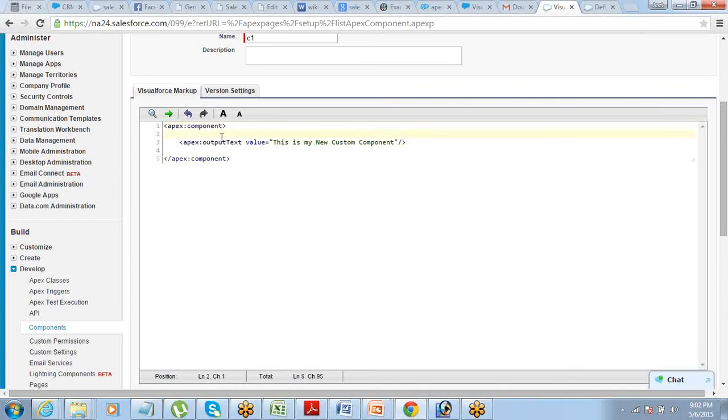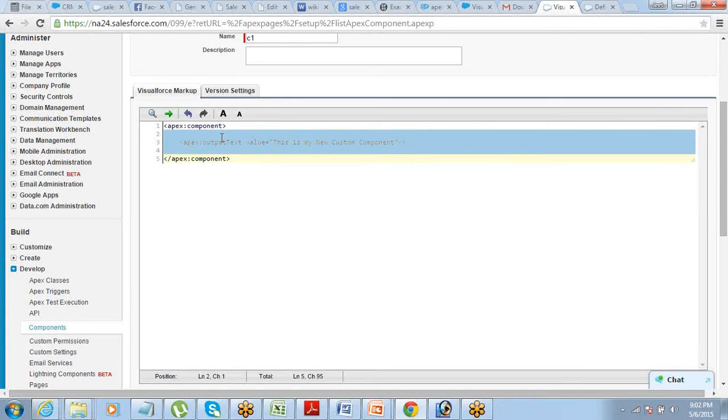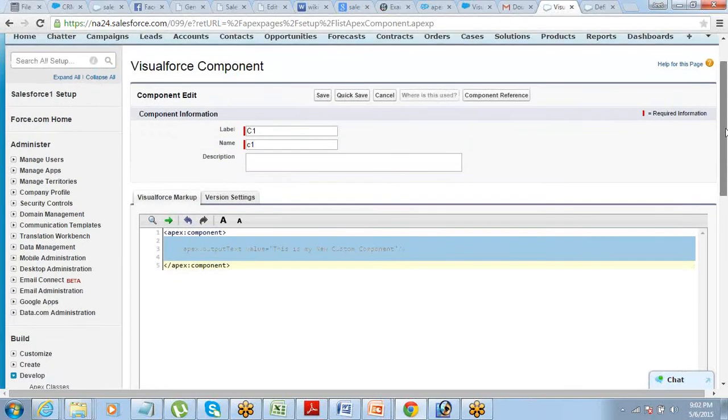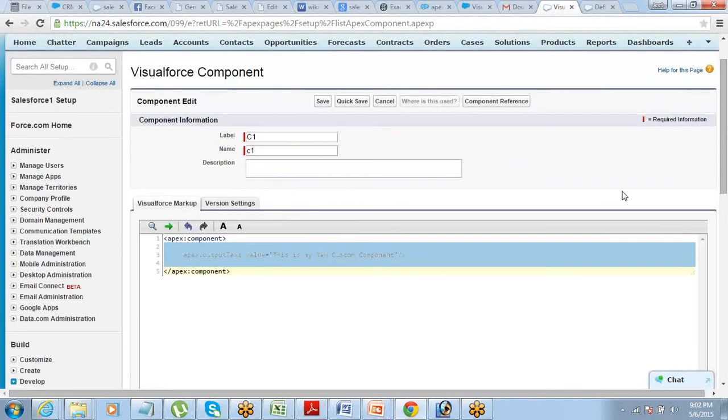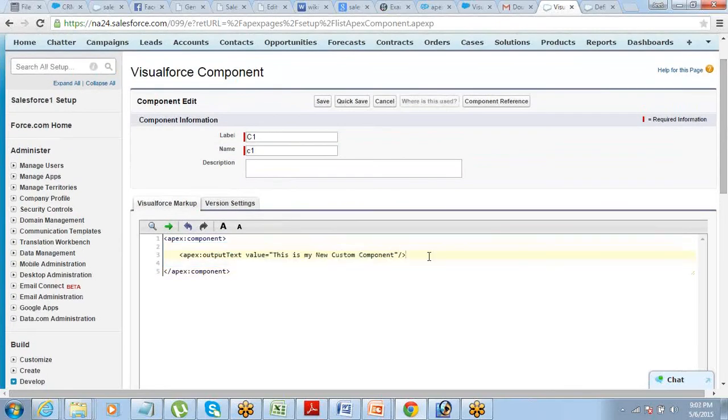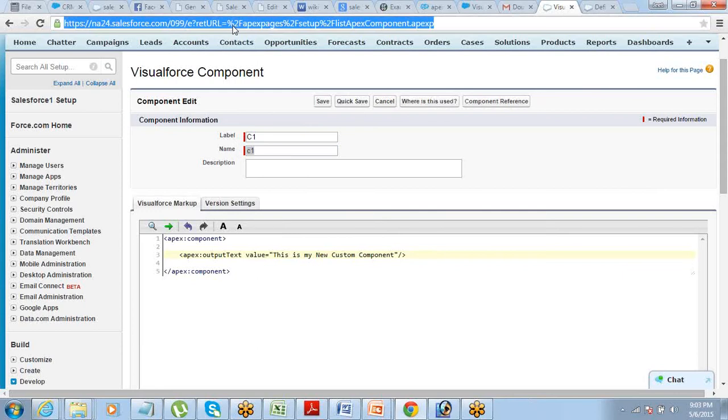So now this is the content, or the description of my component. Inside the component, I have put this. Let me save it. So the component is created. You have saved and your component is created. What is the name of the component? C1. Now if you are working on a Visualforce page,